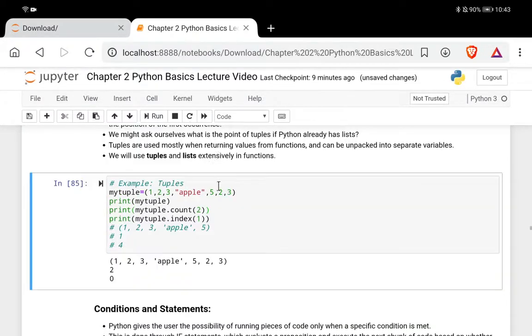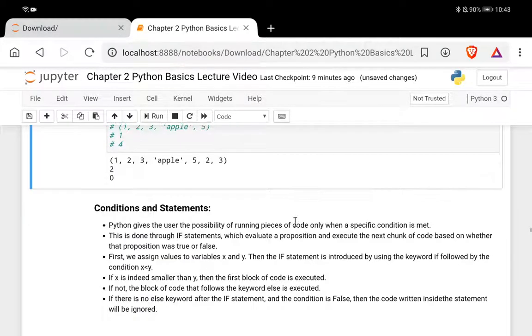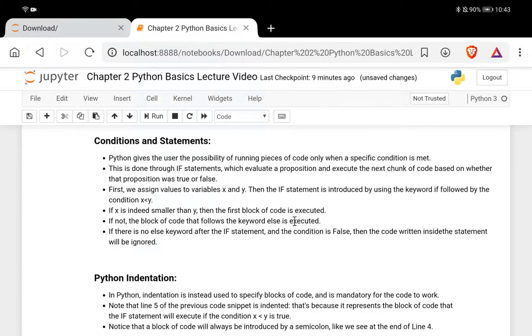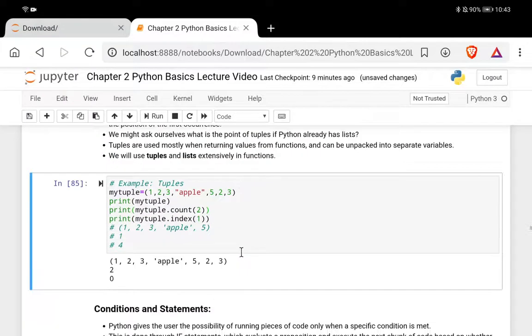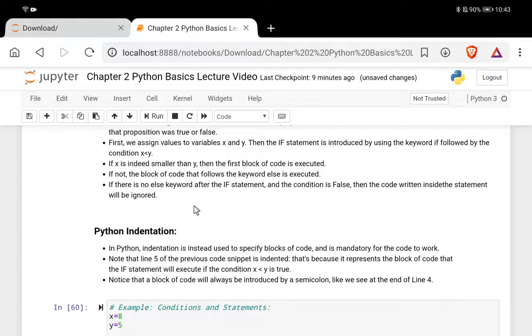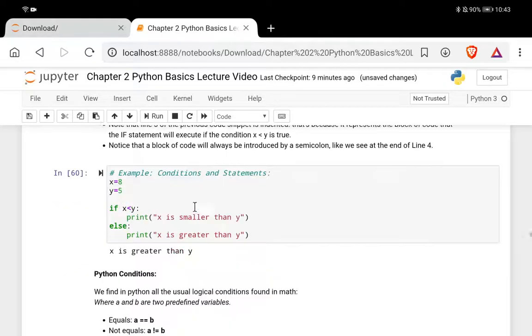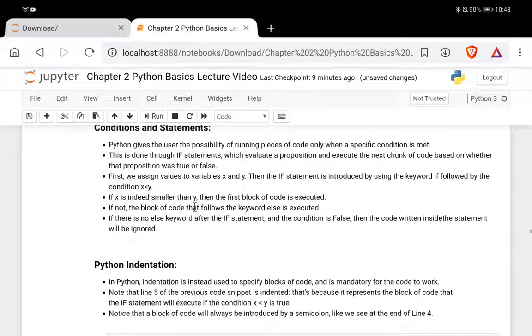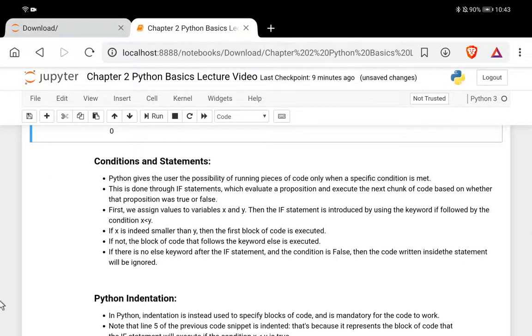So there you have it, folks. You have count and index. Okay, so let me just stop here, and then I'll continue on with condition statements, and we will be delving more into the use of logic in conjunction with the data types that we have. The second part is going to be a bit long,